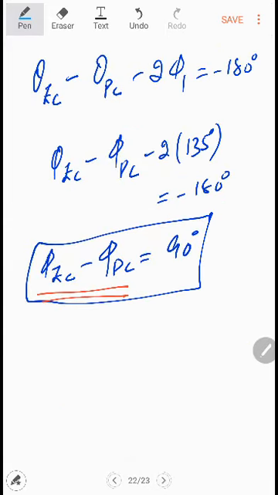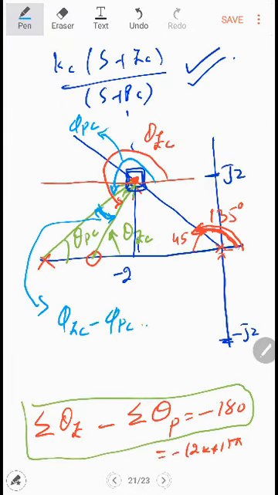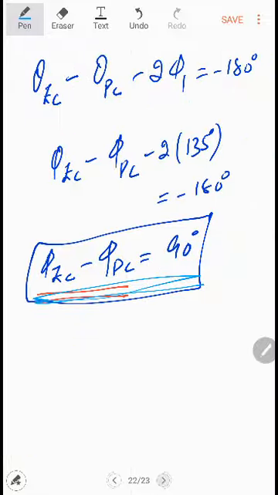We have to design this controller. We have to adjust the location of the pole and 0 such that the angle between the two is equal to 90 in this case. So you see in the given figure this is not equal to 90. So you can make it equal to 90 by changing the location of the 0. So if you bring the location of the 0 to -2, what will happen?